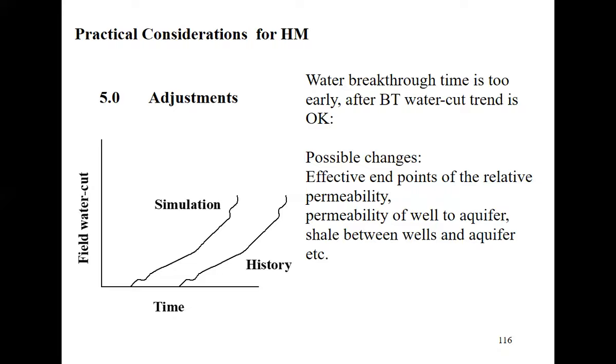So in simulation, it is always like this in general. We have some discrepancies. Our simulation trend is not matching our history. So we have to find a way how to adjust it. And then we have to make our justification of how to do so.